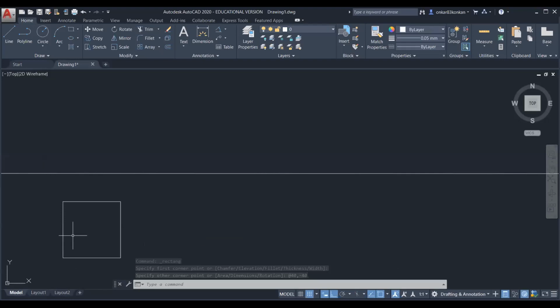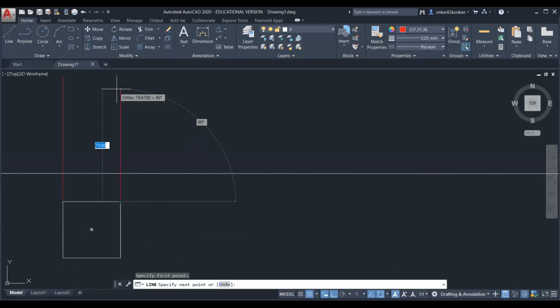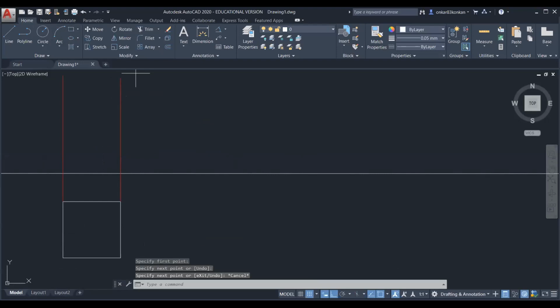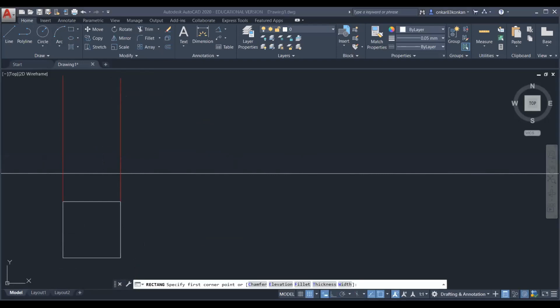So once you draw the first stage top view, then draw the front view. So take the projections. And complete the front view with the given height.